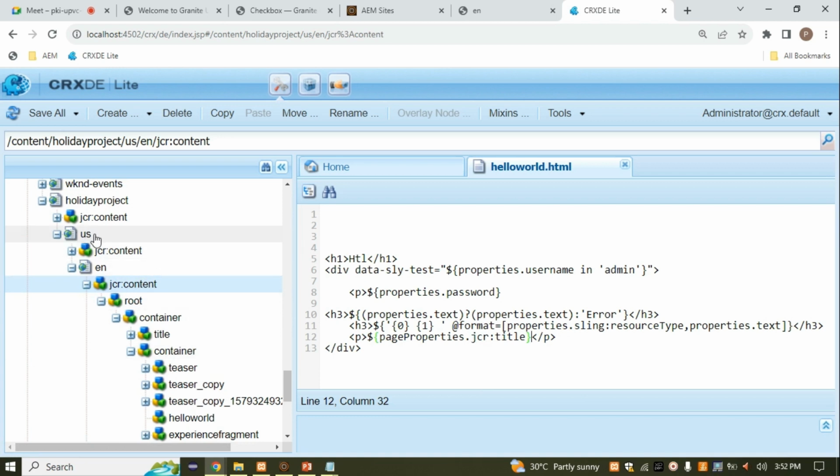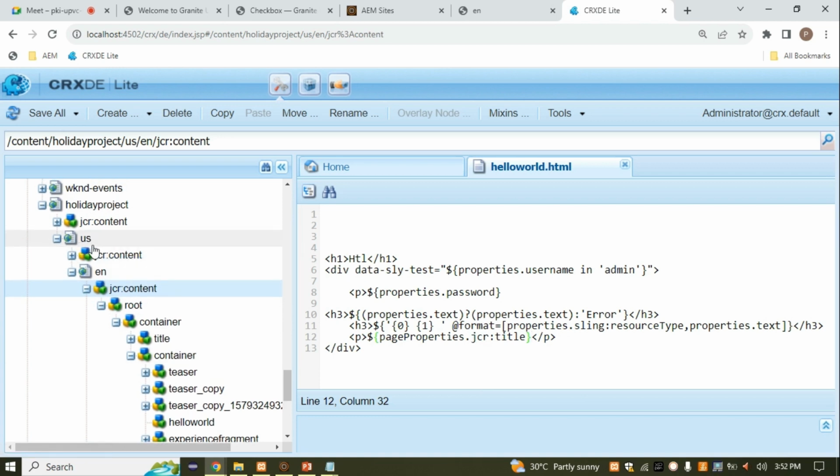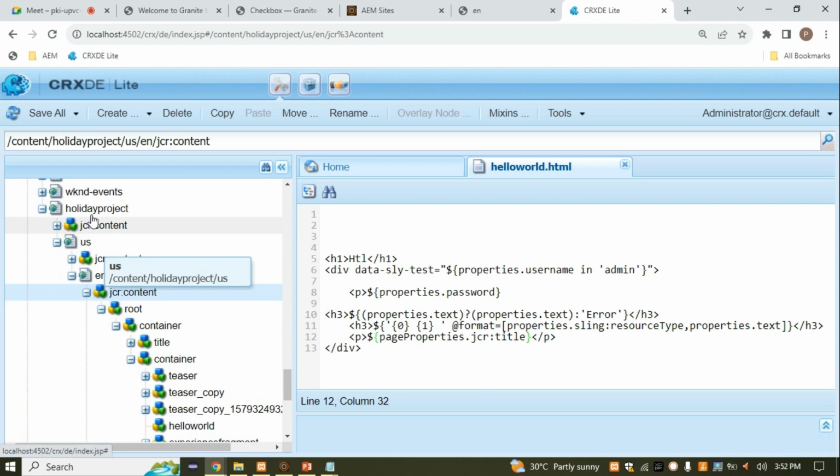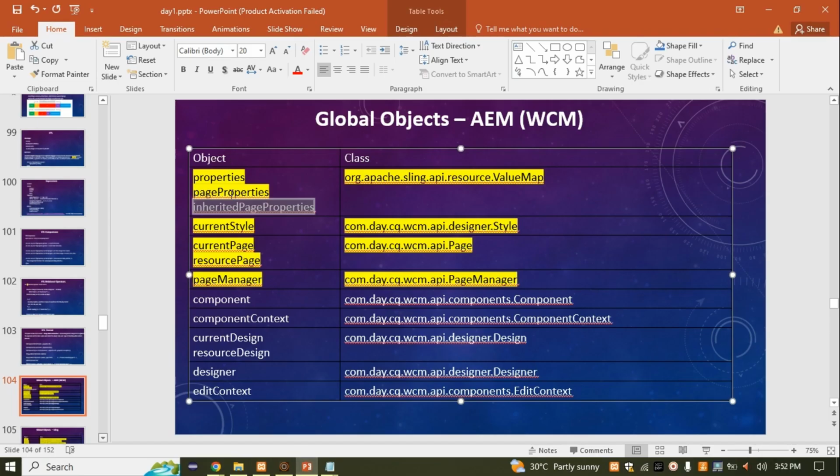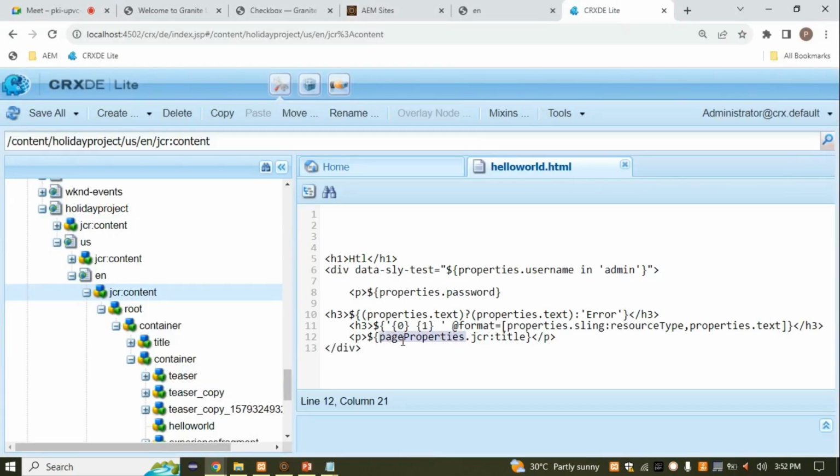So we can go to this US. If it is not present inside this EN, then you can simply go to this holiday project. So how can we achieve this functionality? For that, they have provided another object, that is inherited page properties. So you can simply use this inherited page properties,